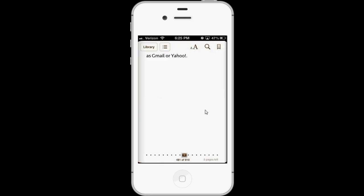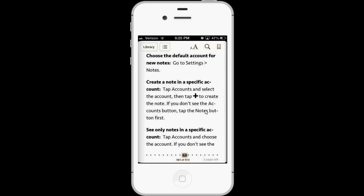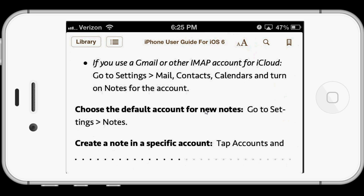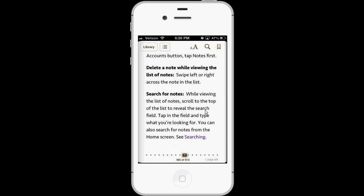So I'm going to open up an iBook, and they look really nice. They have a lot of nice images right in the book, but if I highlight the text and use the speak selection feature, it'll read the first page, but once it gets to the end of the first page that you selected, it stops reading, and then you'll have to go to the next page, highlight it again,